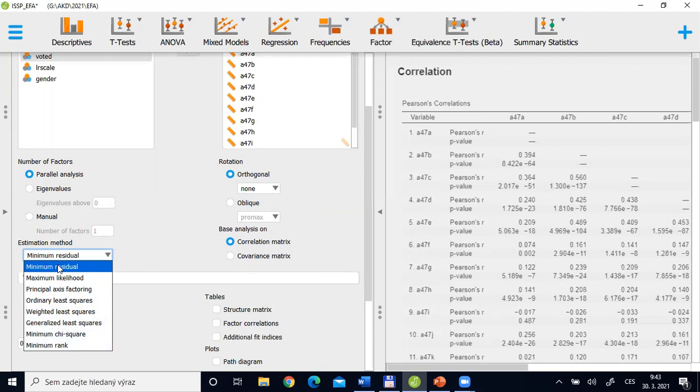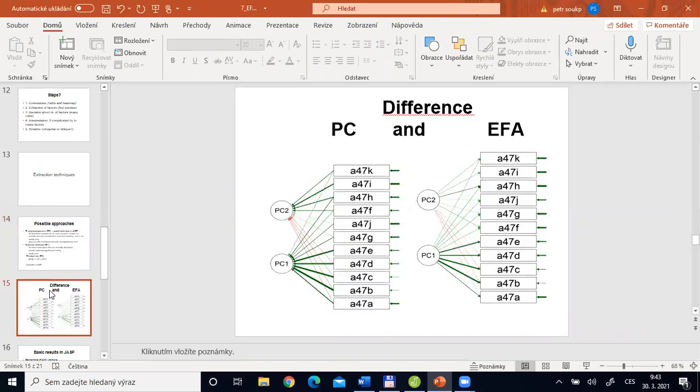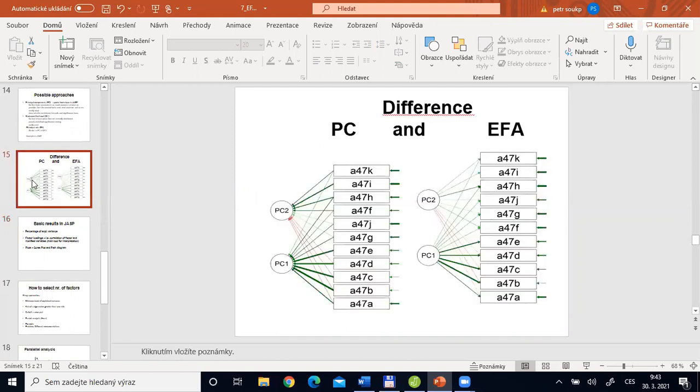I would propose for our task here to apply principal axis factoring, which is maybe the best for classical sociological data. So we would apply this estimation technique. So let's go back. We can skip the difference between PC and PAF, and we can start with basic results for a case. So basic results for the first solution would be especially that I would like to know